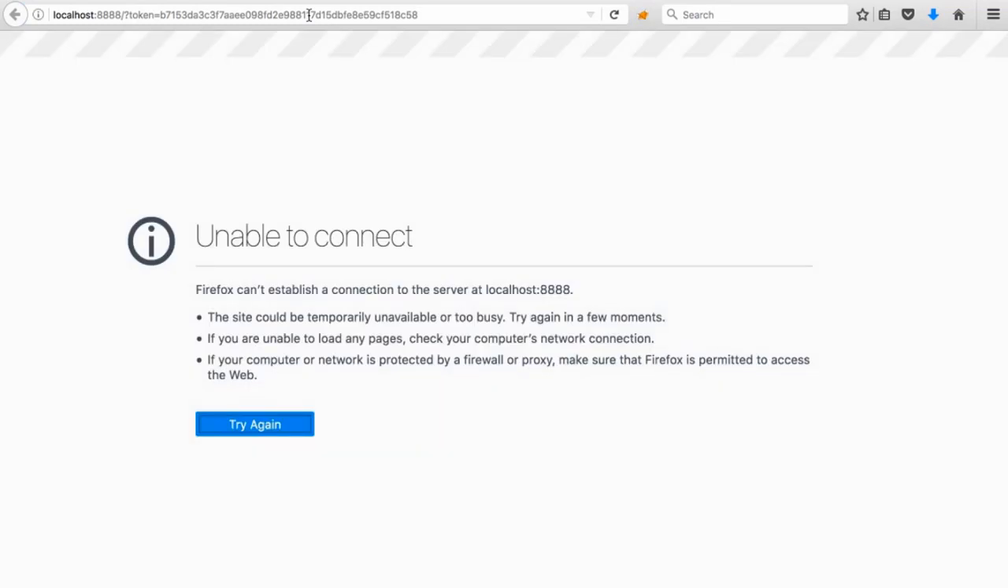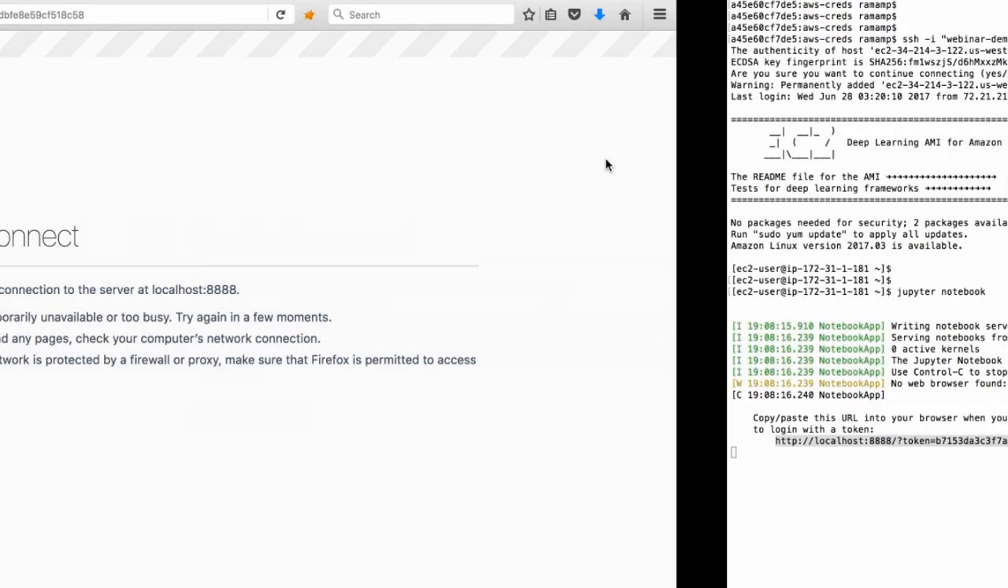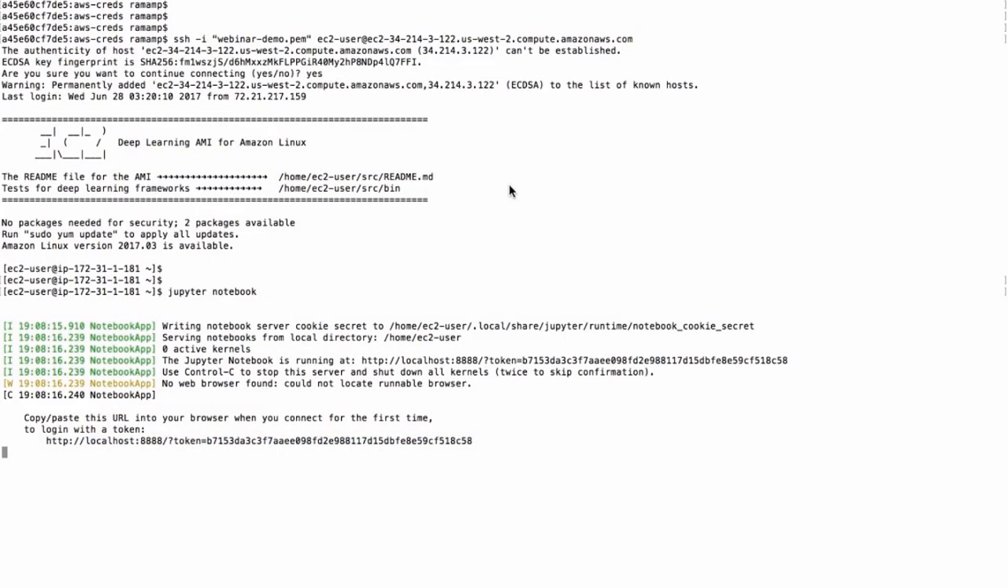It wouldn't work because the security group is going to be blocking all traffic other than port 22. So what do we need to do? We need to start an SSH tunnel. Okay, I'm going to take another tab